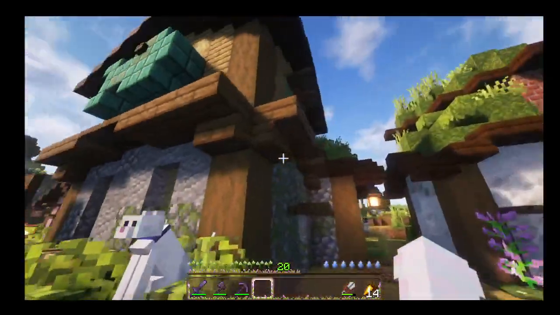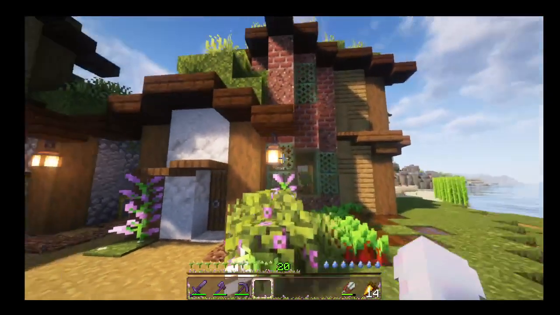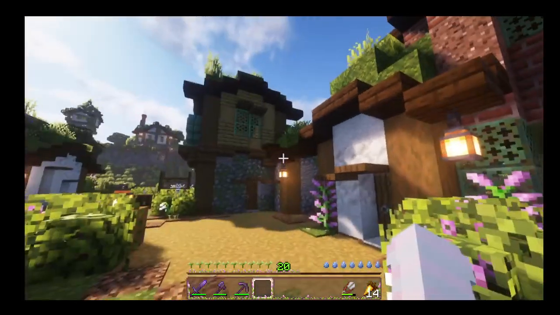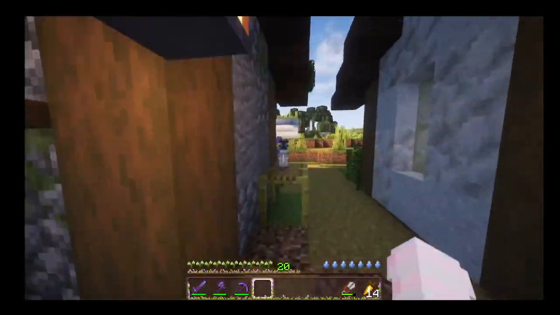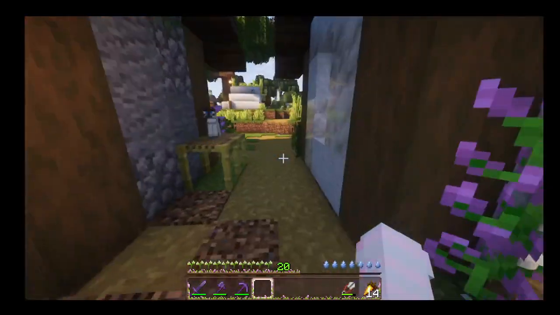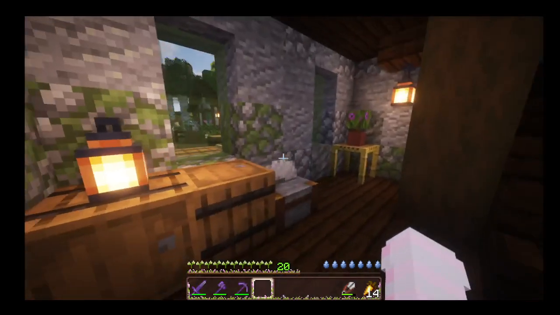And you can come into this house. I built these up and I'm really proud. This one's sort of diagonal. I'd never built a diagonal house before without planning it, so I feel pretty proud of these. Oh, this is London Fog. So cute. He lives in this sort of alleyway. But if you come in here, these houses are decorated,